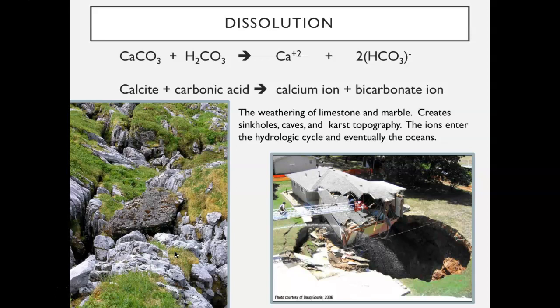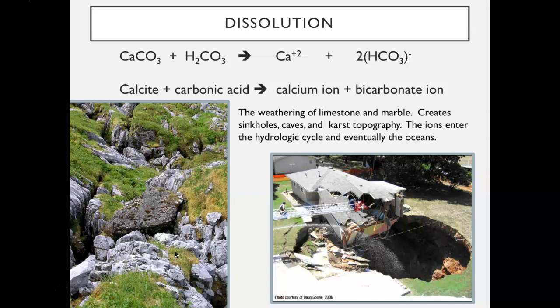When calcite is dissolved through dissolution in the presence of carbonic acid, that gives off two different ions, a calcium ion and a bicarbonate ion group. The weathering of limestones and marble. Calcite is the mineral name, and limestone and marble, and also somewhat dolostone, are the rock types that are weathered through dissolution. That creates and leaves behind